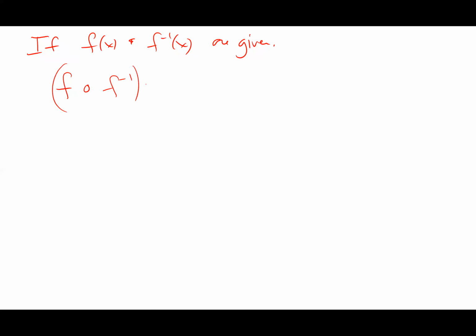Here it is. It says if f of x and f inverse of x are given, so it means they're inverse functions of each other. We know this for sure. We know that f composed with f inverse of x will just give us x. We'll see that in just a bit here. And we know if we go the other way, if we say f inverse of f